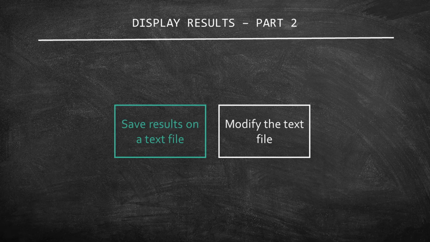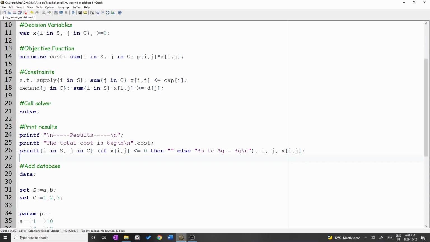Let's start by saving the results in a separate text file. Thus, in addition to printing the results on GUSEK's terminal, we will save it. Let's go back to our transportation model. After the PrintF with the results, add the symbol of greater than, followed by the name of the file that you want to save with its extension. For example, quotes